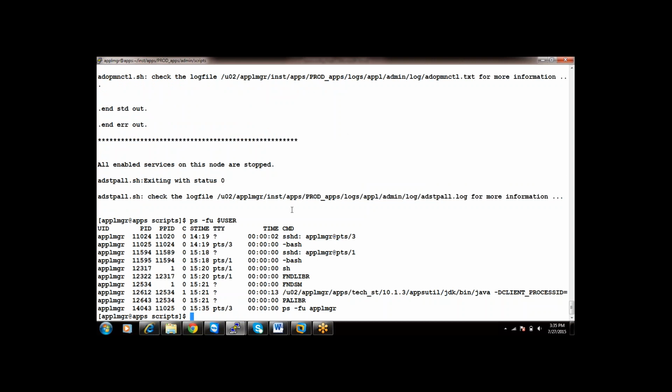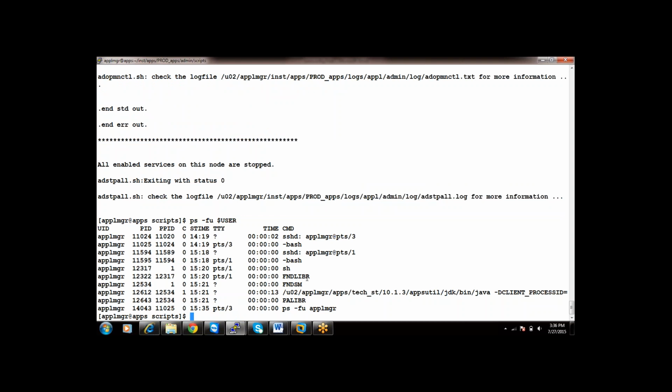Let's wait for all the processes to come down. If you just execute adstopall.sh and leave it as it is, it's not the case that your applications are completely shut down. We have to check for the background processes. If there are no background processes, then you can confirm applications are down.